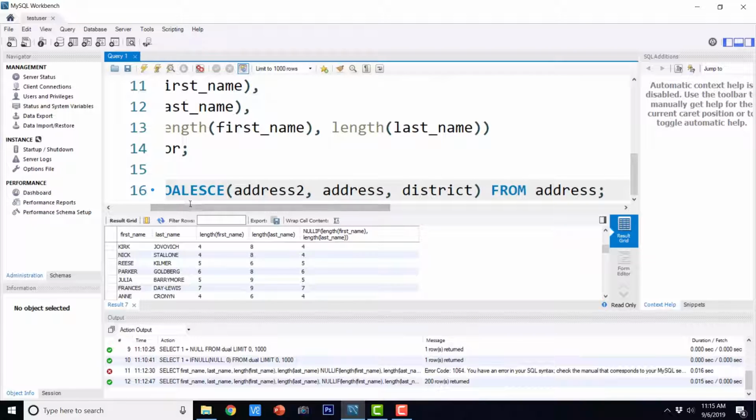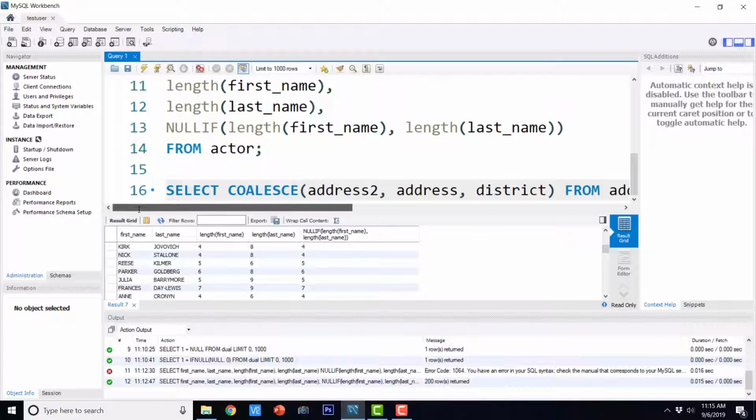So now this COALESCE function returns the first non-null value it encounters. So the COALESCE function returns the first non-null value it encounters.